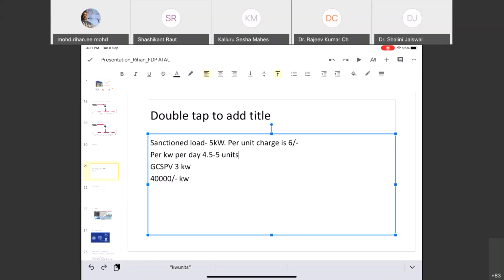Now, somebody may say that my tariff is not that high. I am getting electricity at 5 rupees per unit. So if you use 5 instead of 6 here, then what will happen? Your ROI will slightly increase. Somebody may say that I have a school and my tariff is on a higher side, say 7 rupees or 8 rupees. Then what will happen? Your ROI will reduce. It will be less than 4 years then.